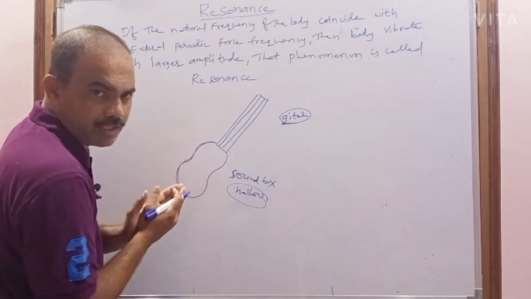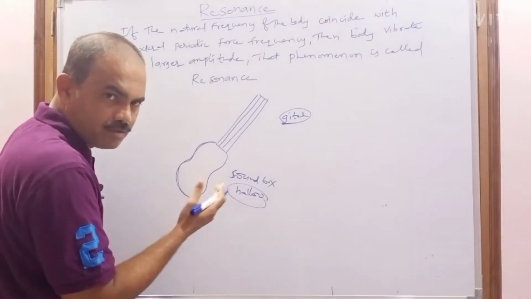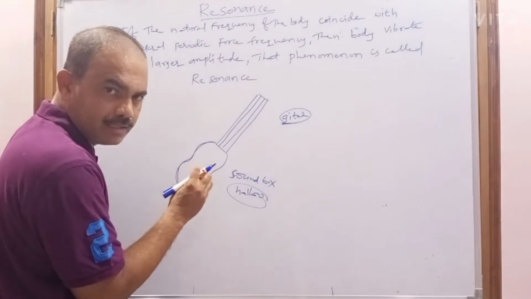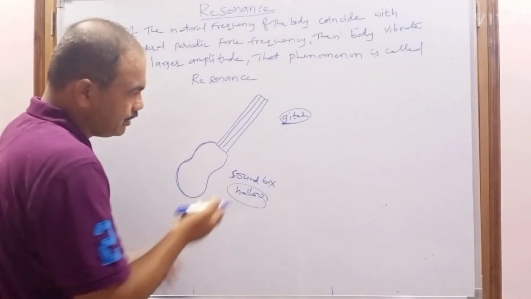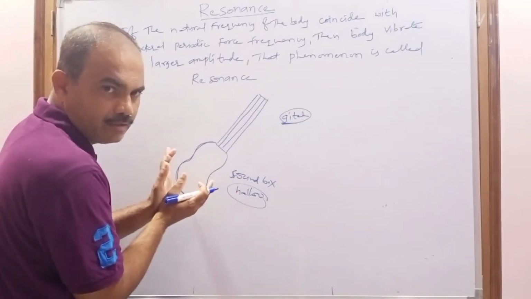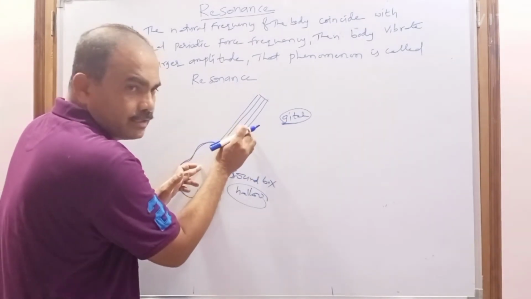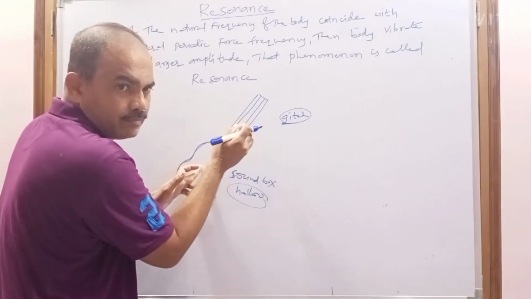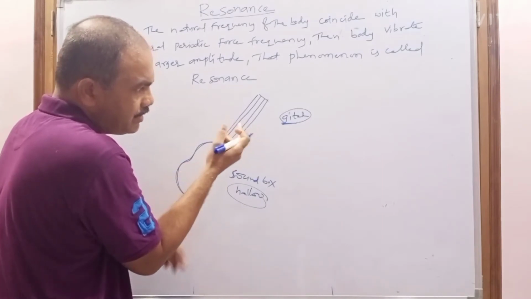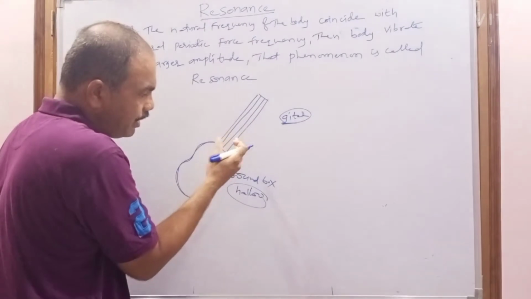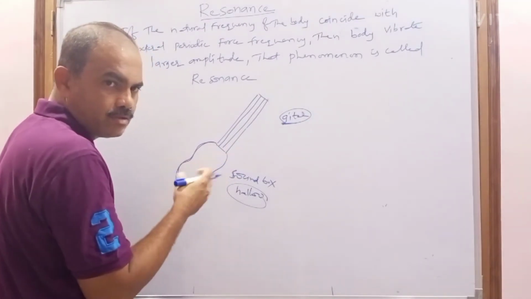The air particles, or the sound box, are considered the body. So the sound box is vibrated because of this string. When you vibrate the string periodically, the air particles also start vibrating,